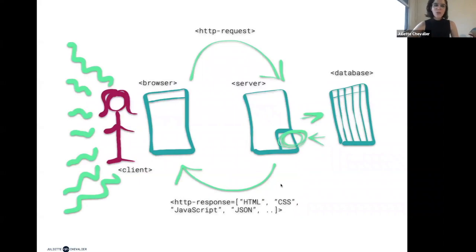But the only way that the client can actually get a site is through the browser. So you can see the browser is sort of this intermediary spot, which allows us to reach the internet. Now, I get into my computer, I open my Firefox or Chrome or whatever, and once I'm there, I type in a link, right? I need to have somewhere to go. So let's say I put in my URL and it's airbnb.com.